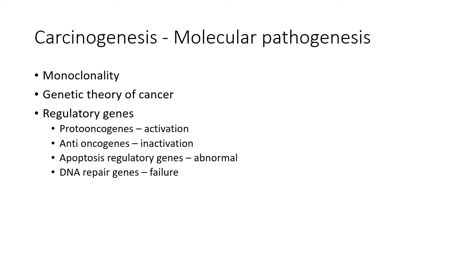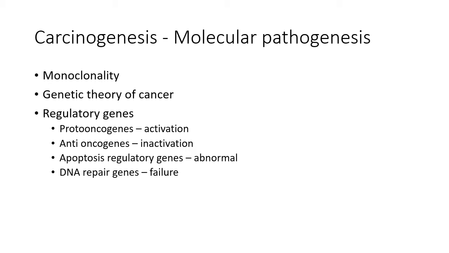The second thing is the genetic theory of cancer. It is said that cancer is a result of abnormalities in genetic composition, which can be either inherited or induced, that is, mutation. Here, this genetic abnormality or mutation is in certain genes which regulate normal cell growth. There are 4 regulatory genes which regulate normal cell growth, aging or apoptosis, and it is mutation in these genes which cause cancer. This is the basics of the genetic theory of cancer.